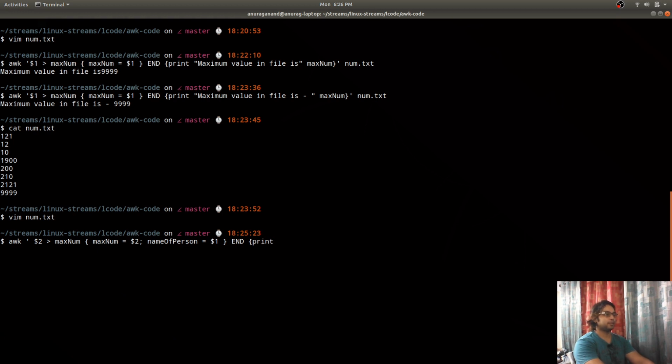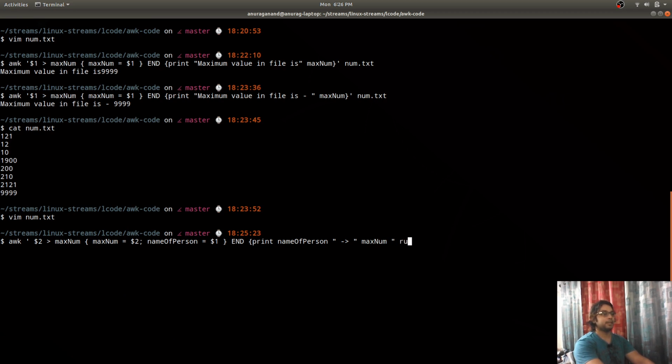print name of person and max number, and that is savings.